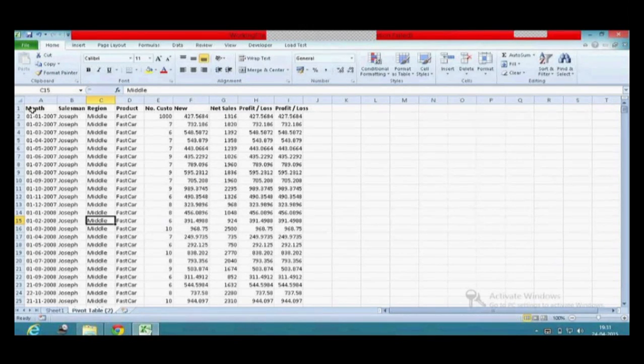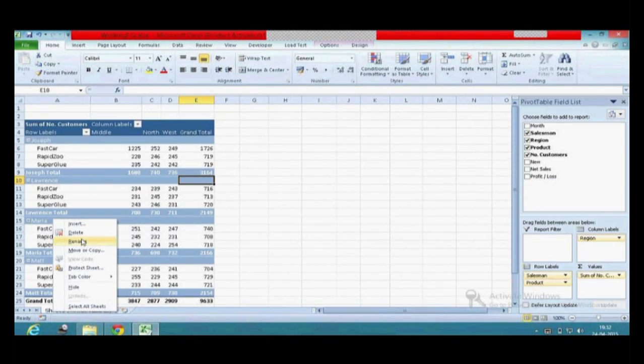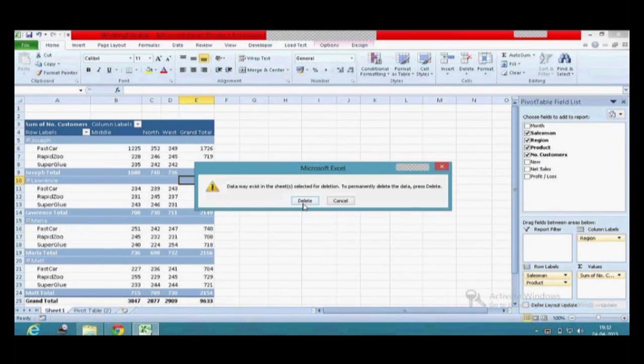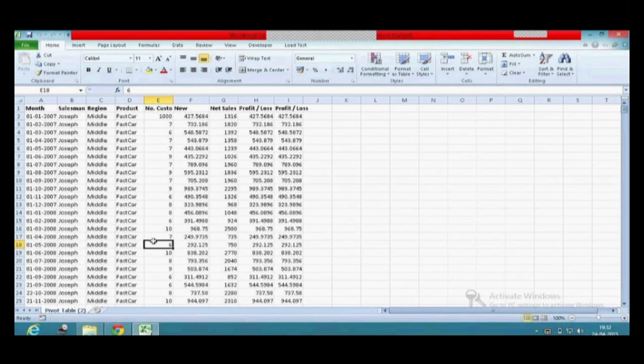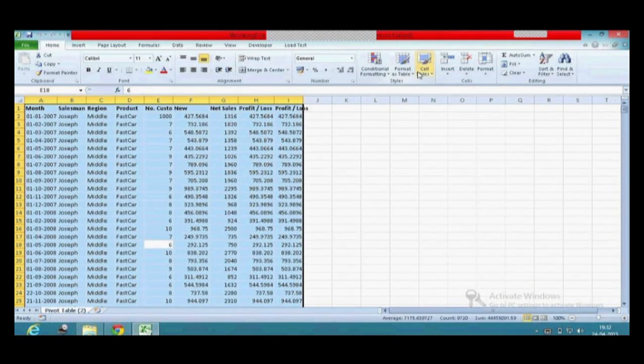Okay, now I'm going to make that happen. So I'm going to delete this old pivot table. Done. It's gone. So first, I'm selecting this data. In my Home tab, I will have Format as Table. So I'm going to choose Format as Table. It's asking me the range. So I've given the range, and then I formatted my data as a table.